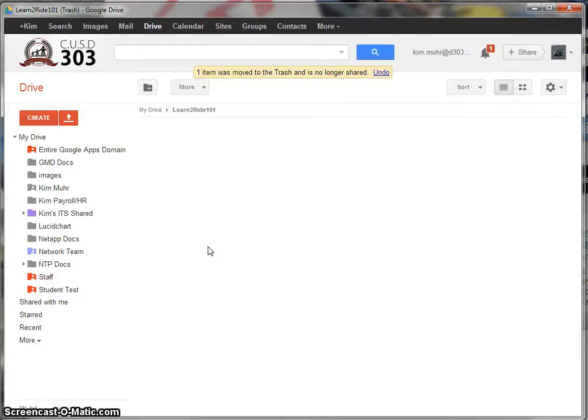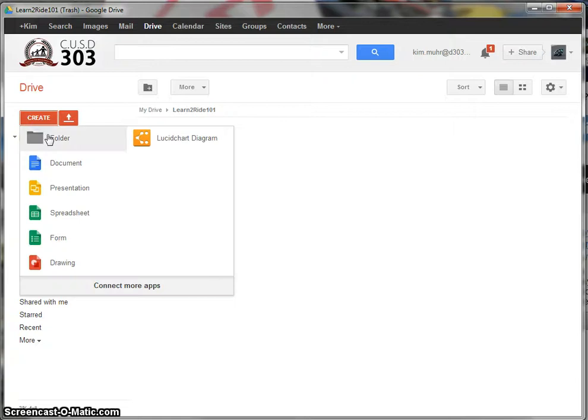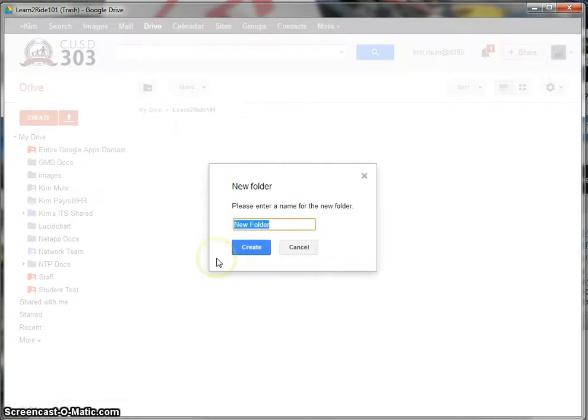Here's a quick tutorial on how to make a folder that you can share with your students in a particular class or classes, depending on how you want to share it and what kind of folder and what the folder is meant to be. First we need to actually do is create a folder, and we're going to